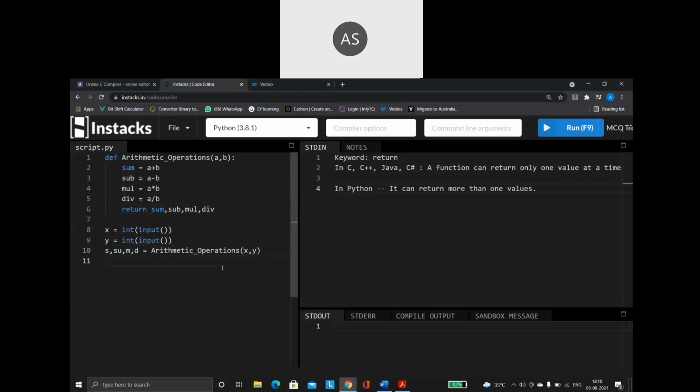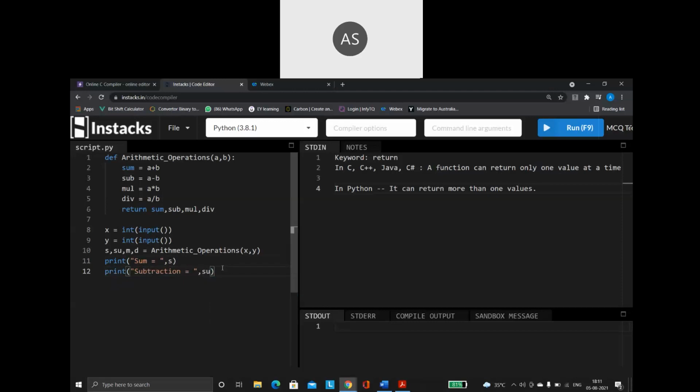After this, in the main program, I'm going to print the values. I'm going to say print sum of two numbers, sum is equal to, comma, s. Inside s only, the number has been stored. Then the next print statement: subtraction is equal to, comma, su.